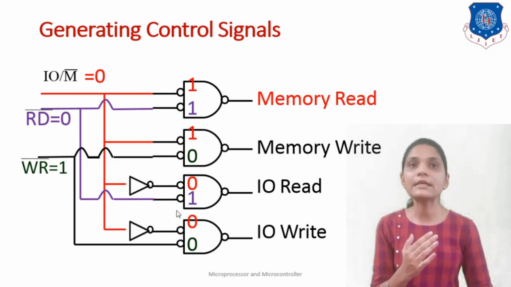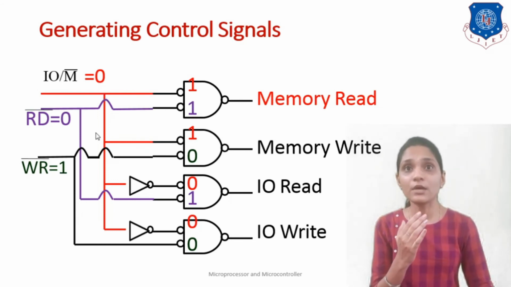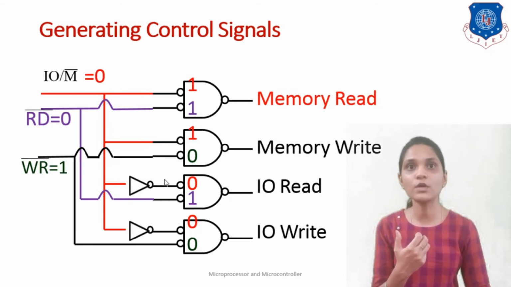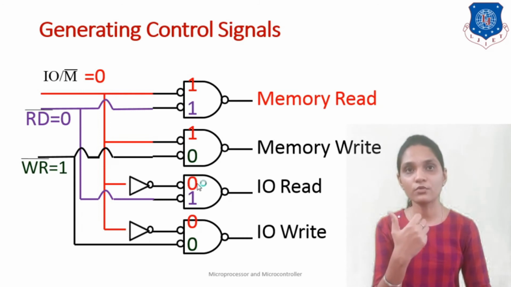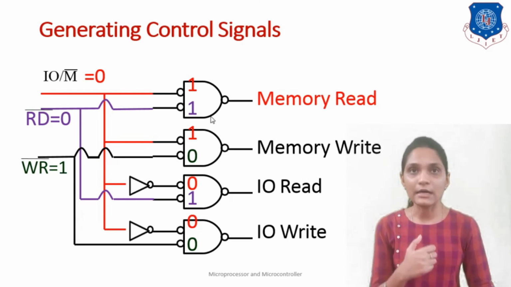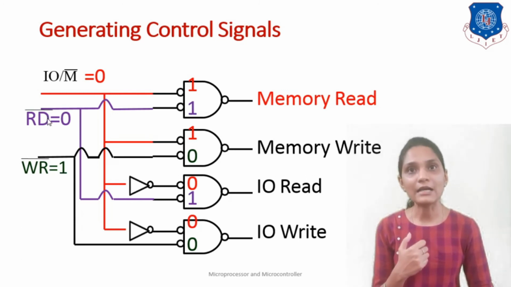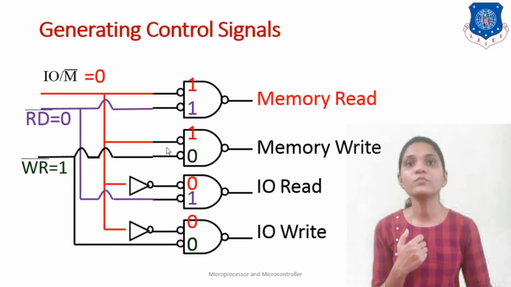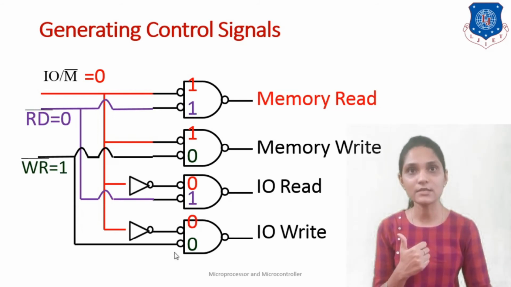For all other gates, let me see what will happen. Here we are providing 0. That means after inverting it will be 1. Here it is 0, but it is inverted 2 times. So this 0 will be 1 and this 1 will be 0. So we are getting here a 0. For the next one, from the upper case, that will also be 0. For another input, RD bar, here we are getting 0 also, and for WR bar here we are getting 1, and similarly here a 0.